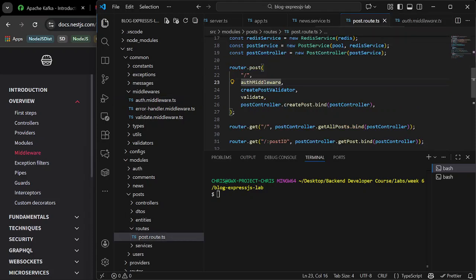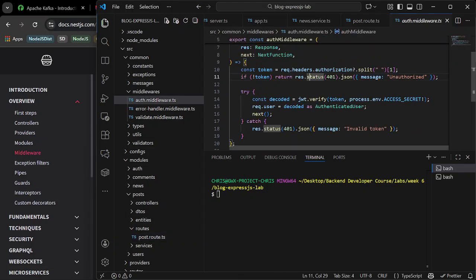If we send the response immediately, the request will not get to the request handler, because we have already sent back the response. If there's no token, we just send back the response that there's no token. But if there's a token, we try to validate it. If everything is valid, we call next.